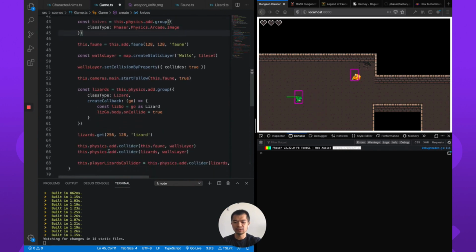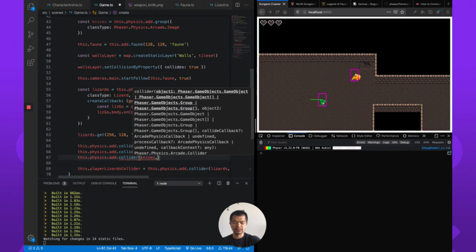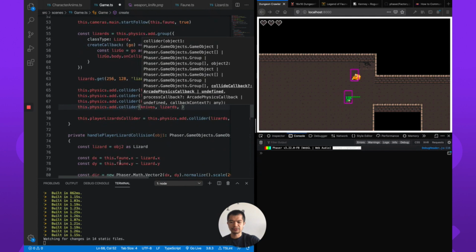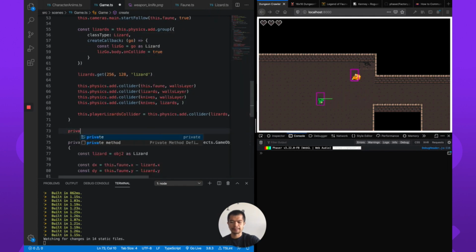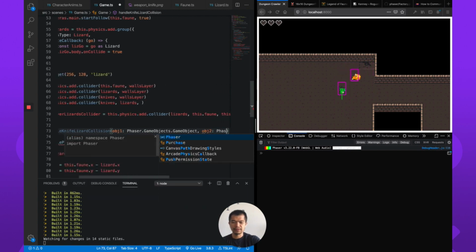And last thing, we do know that the knives will have to collide with the wall. So knives, well, at least I want to make collide with the wall. And lizards. Dot collider knife lizards. And then we should probably handle that here. So let's just say private handle knife lizard collision, and then object one Phaser dot game objects dot game object, object two Phaser dot game